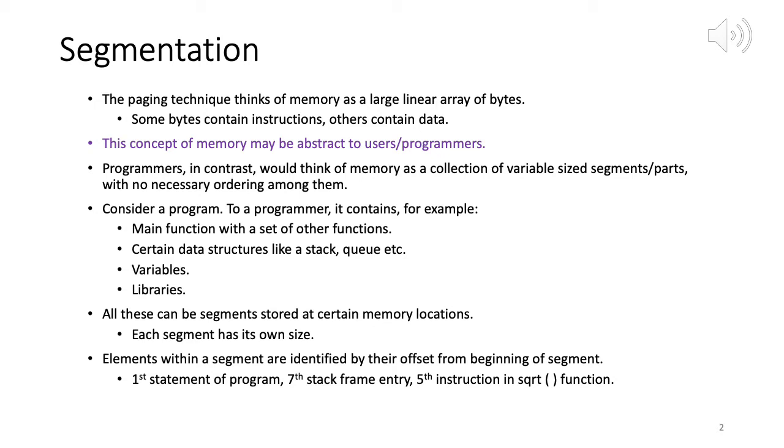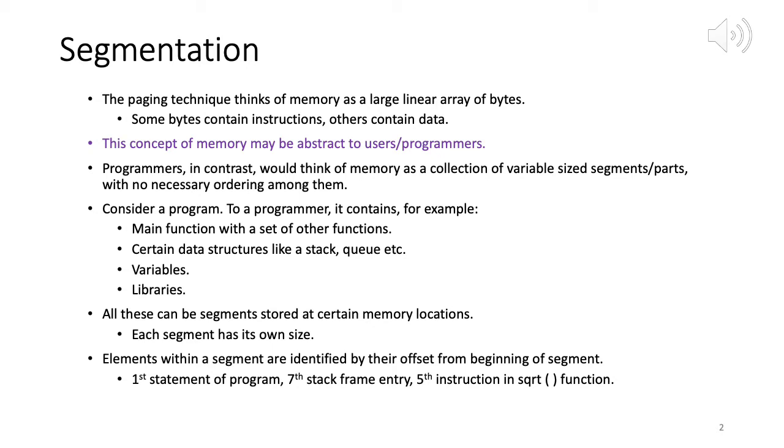And then we talked about paging. In paging, what we do is we divide both virtual and physical memory into equal sized chunks or parts. For virtual memory, each part is called a page. For physical memory, it's called a frame. The idea there is for each virtual page we need to map it to a physical frame. So we saw how using a page table we can do that, and various kinds of design issues in that.